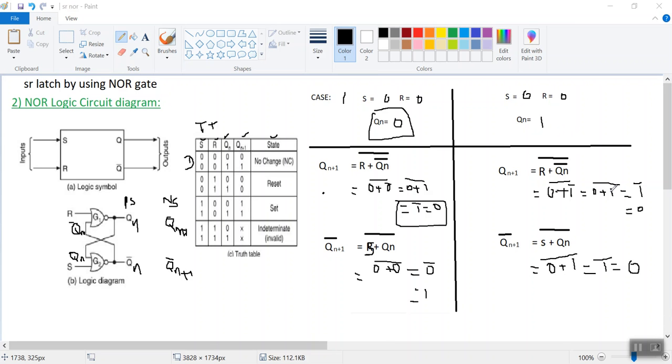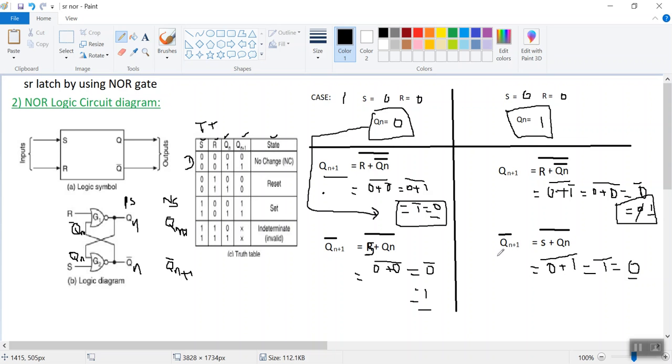Yeah, guys, I made a small mistake here. 1 complement is 0, so this is 0. So 0 plus 0 is 0. So 0 complement, your answer is 1 here. So here Qn is equal to 1 and Qn plus 1 is also 1. So whatever Qn value you give, that Qn value is coming as it is. Okay, in a similar way, whenever Qn plus 1 is equal to 0, it is the quite opposite value of Qn plus 1 bar as 1. So here it is 1 means it is 0.